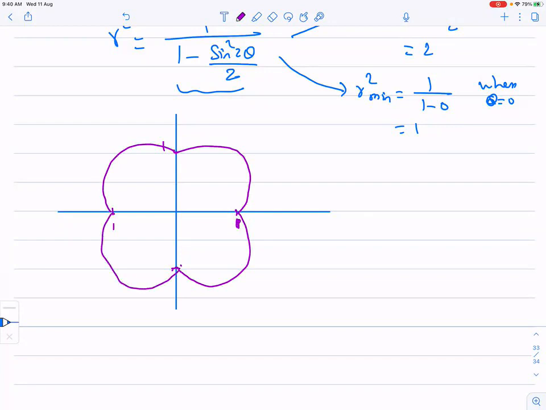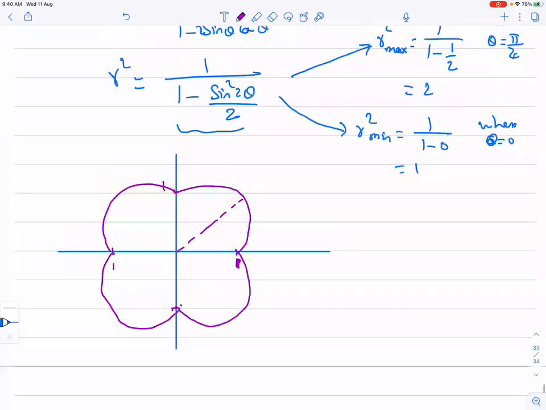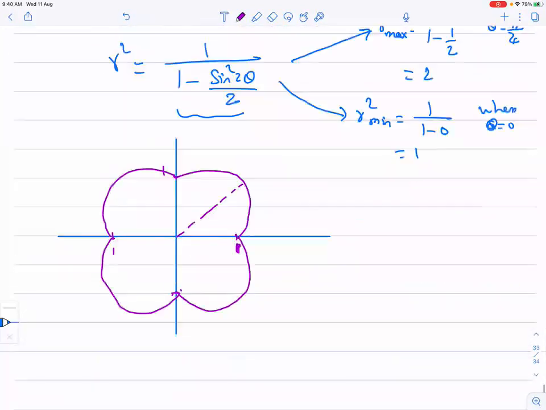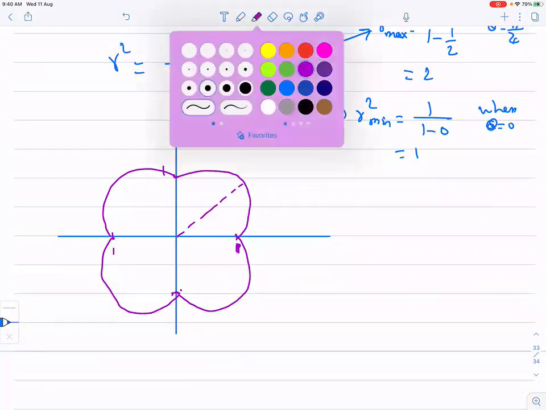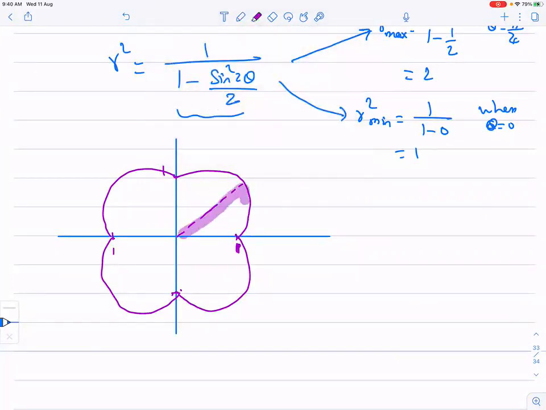Yes or no? At all multiples of 45, it will be maximum. R square value will be maximum. So this is the graph of the function. We need this entire area, or I will say we need this portion of area